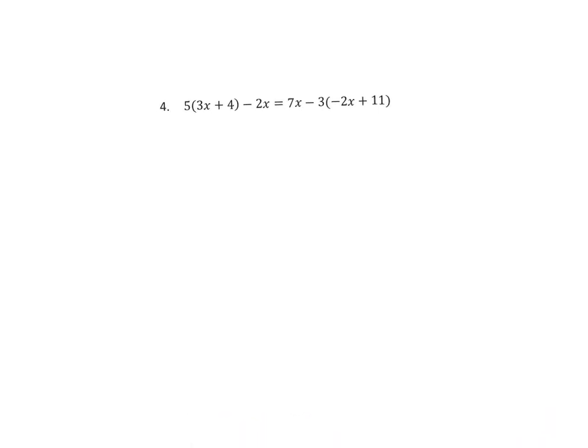And I'm going to remind you that you see a distributive property. So you're going to see 5. Make sure you share that with everybody inside. So 5 shares with your 3x. So I end up with 15x. 5 shares with your 4, so you end up with 20 minus 2x